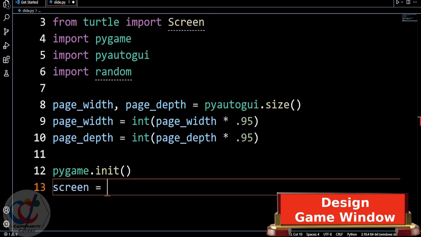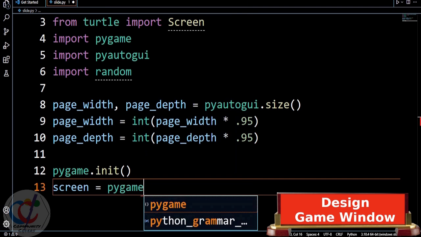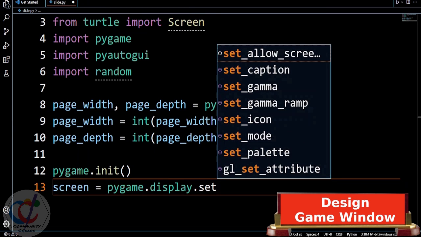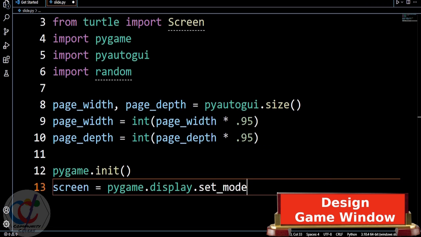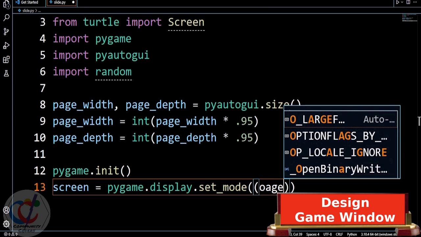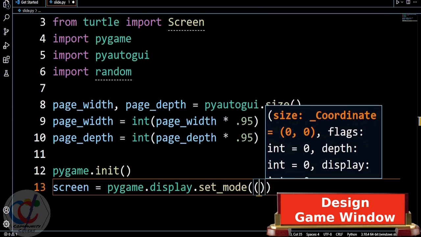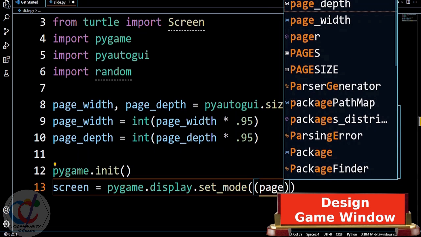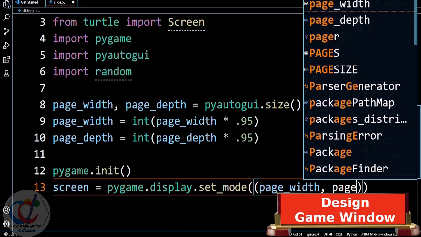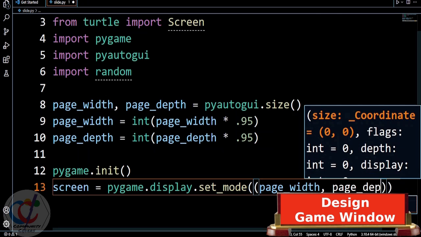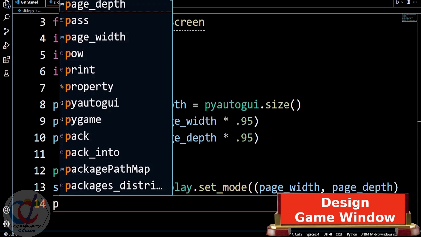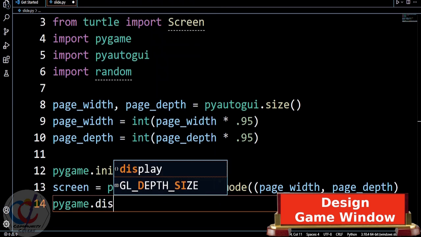So we shall write a screen variable, where screen variable equal to pygame.display.set_mode. Alright, so here in this set mode we'll pass our page width and page depth. So this screen variable will act as our game canvas. Alright, so we'll come back here and we shall now